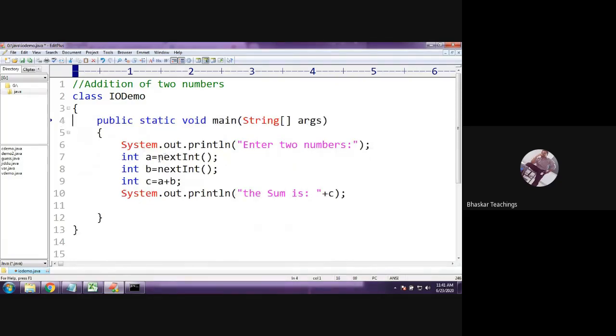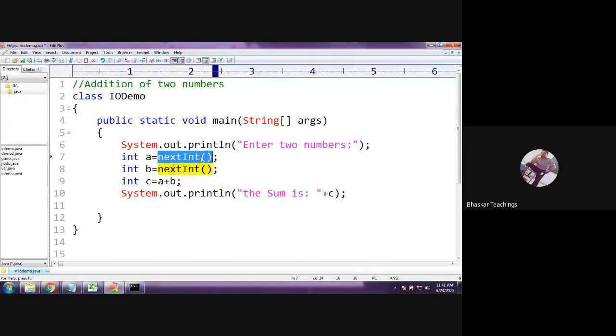But still we are calling it. That means I told you the nextInt method is used to read integers from the user in this way, but nextInt is not present in our class. That means this nextInt belongs to some other class, of some other package. Is the point clear?